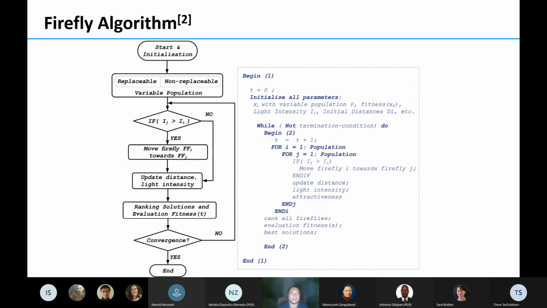So we have time t. Every Firefly individual has its individual status. Then at time t plus 1, the status will update accordingly by reacting to the environment change.